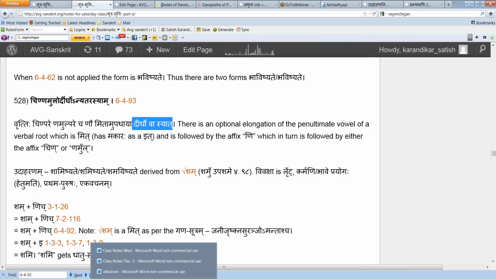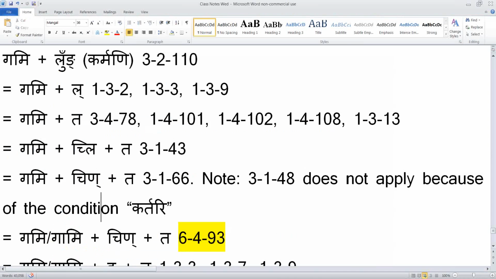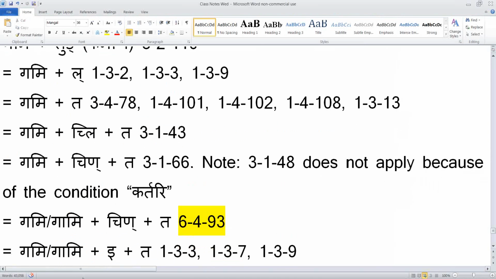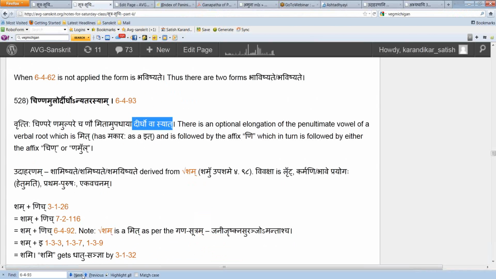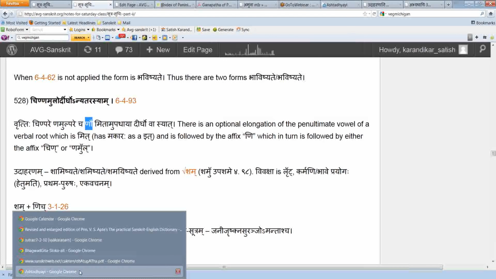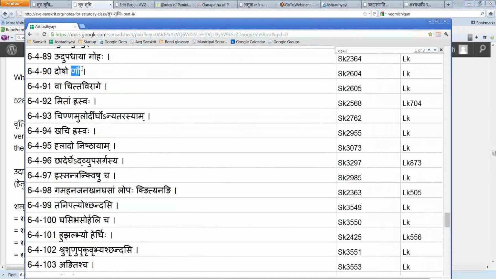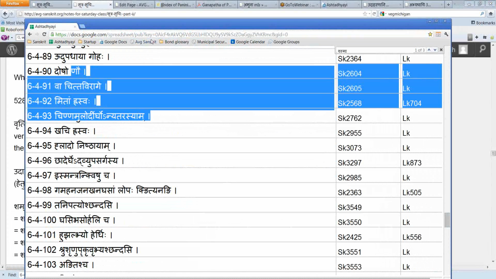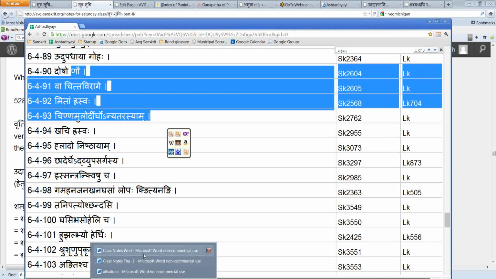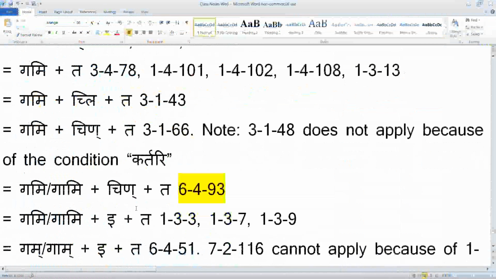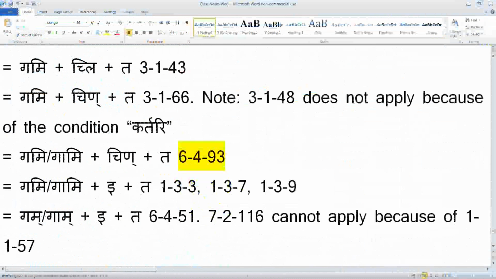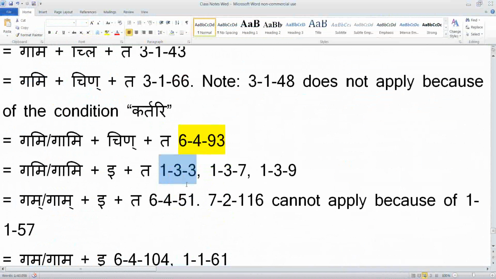Okay, so we can finish this one now. So we get Gami, Gami, but because of this sutram, Chinnamulor Dirghonyatarashyam, that still requires the Nau to be there. Remember that, the Anuvritti of Nau is coming down from Dosho Nau, from here. So that's where we stopped at the end of last class. And then of course we get Anubandha Lopaha, Chittu Halantyam,